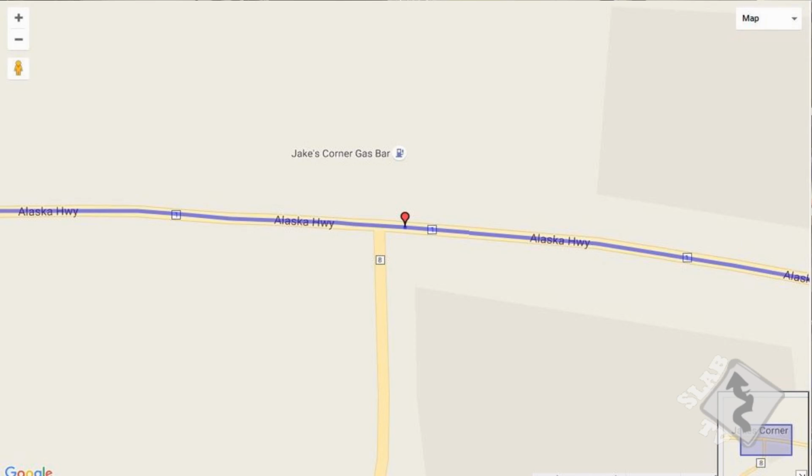So the next thing I'm going to do is mark a location where, at least due to my research and what I can find on the map, is likely to have a gas station. So zooming in here, this is a location called Jake's Corner, and they have Jake's Corner gas right there. So again, I'm going to find out if this actually still exists, but right now on the map, this looks like a good place, between Watson Lake and Whitehorse, that we can stop and fuel up